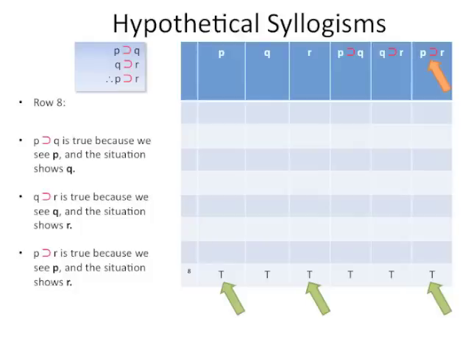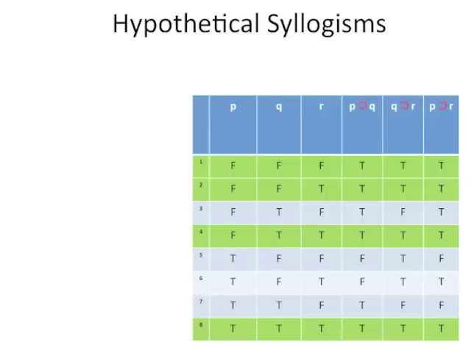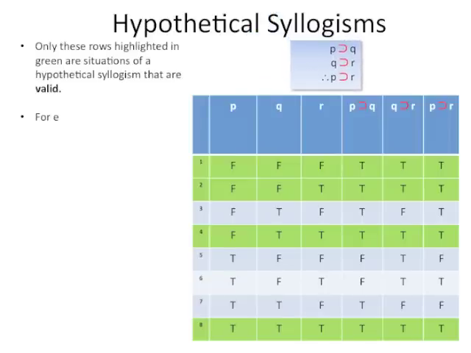So now, of course, what does all this tell us? All right. If we look at our truth table now, I've highlighted in green. There are 4 possible cases in our hypothetical syllogism where we can actually verify truth, right, that the argument actually works. Now, only these rows highlighted in green are situations of a hypothetical syllogism that are actually valid. So, for example,